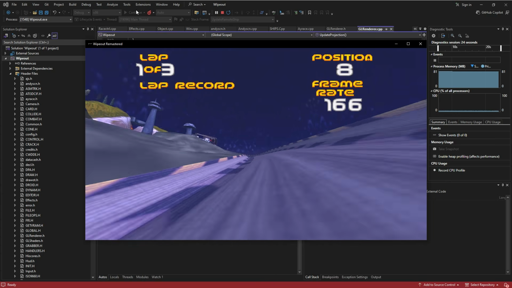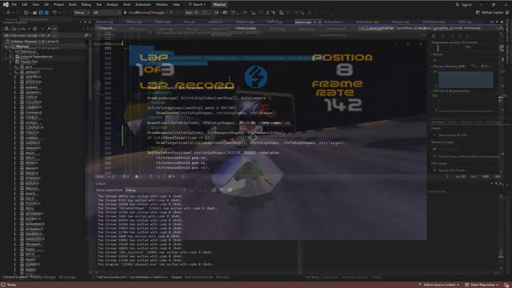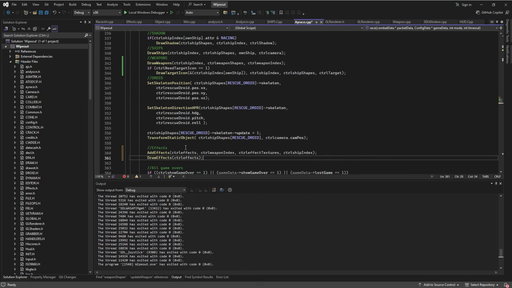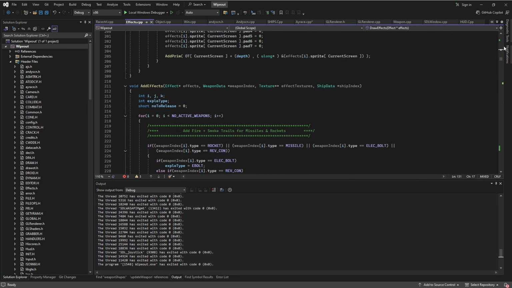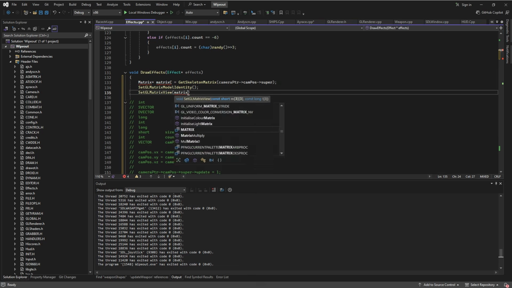It does. Very nice. Now the only major thing missing from the in-game graphics is code to draw the particles, or effects as they're called in the game code. The add effects function looks fine as it is, but draw effects will need some updating. We'll comment out the old code and set up the usual parameters for our renderer, then iterate over the effects,